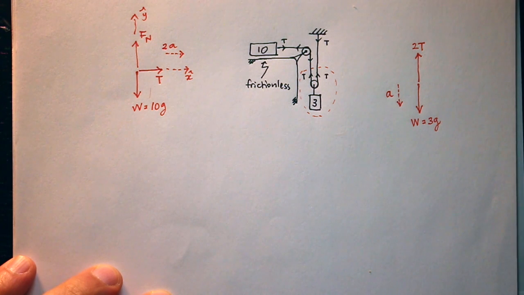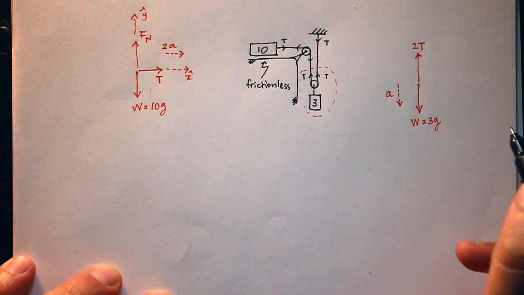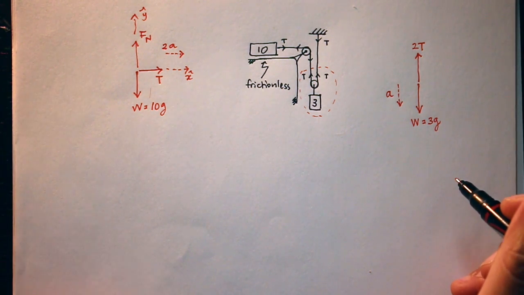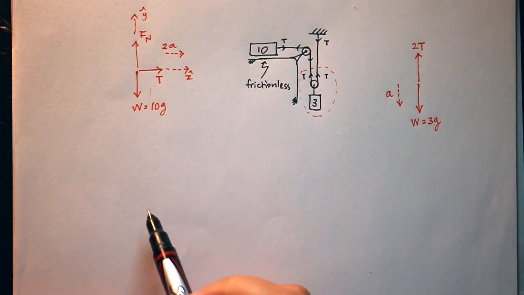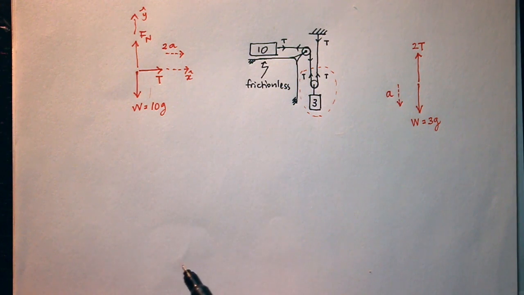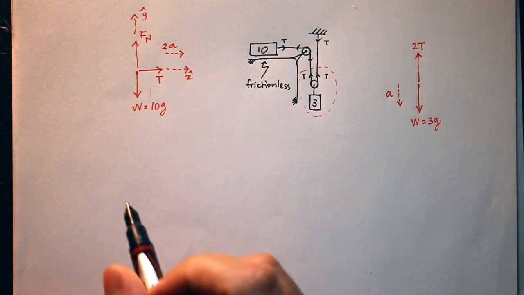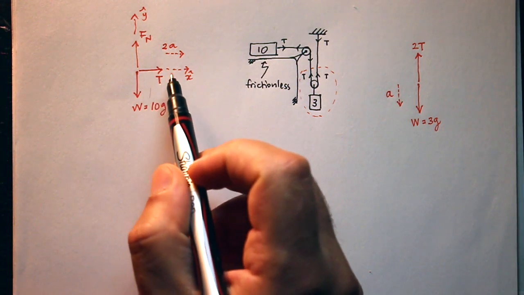Okay, so let's solve Newton's second law for both of these. Here, like I said, the y is not really important. It's just going to say that the normal force is equal to the weight, but that's neither here nor there. But for the tension